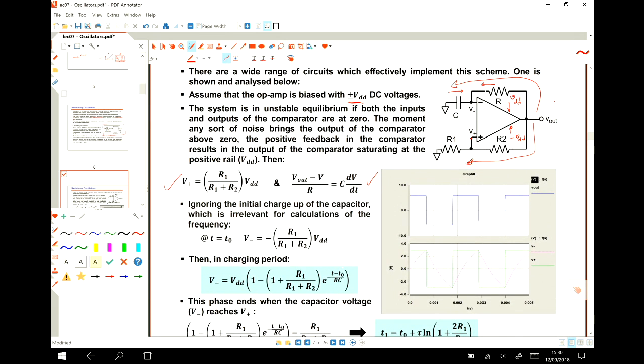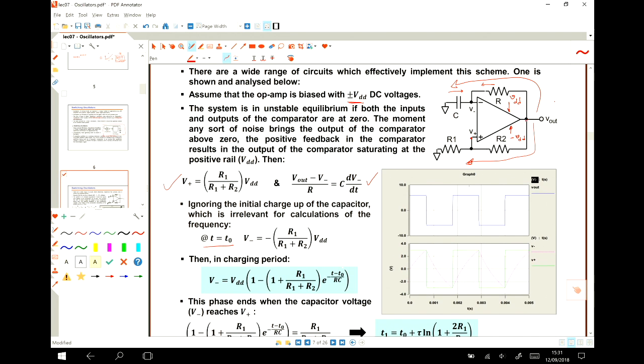So assume that at t equal to t naught, sometimes at the middle of the time, not at t equal to 0, because at t equal to 0 the system is not oscillating anymore. The system starts increasing and then gets clipped, to see what the frequency of this oscillation is. So we should get a middle point. At the middle point, assume that the output of the system is stable, and this stability is coming from,